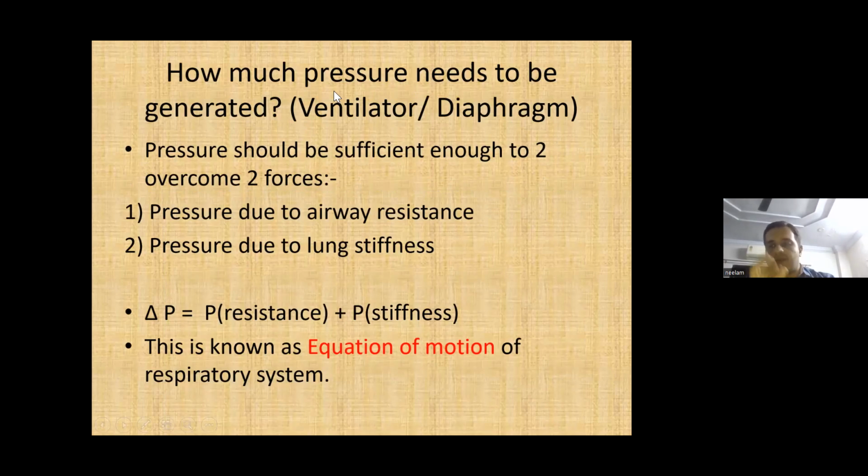Our main aim of putting a child on ventilator and delivering the positive pressure breath is that we want to deliver adequate tidal volume to the baby. So how much gas should flow from the ventilator to the baby, that is equivalent to your tidal volume. We want that tidal volume to go from the ventilator to the baby, that is around 4 to 6 ml per kg in preterms, and in term babies we somewhere target it to be